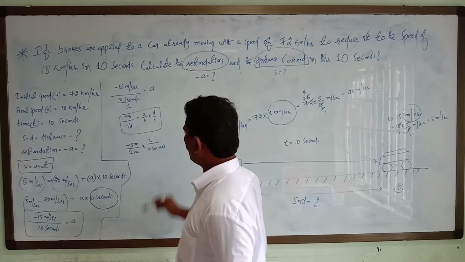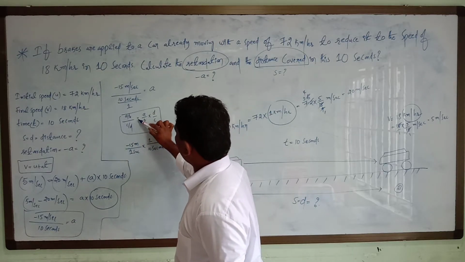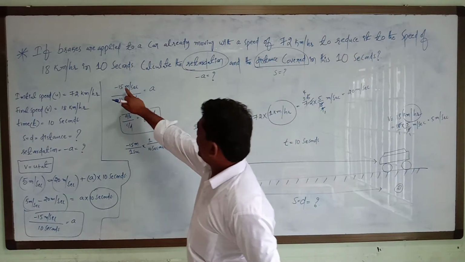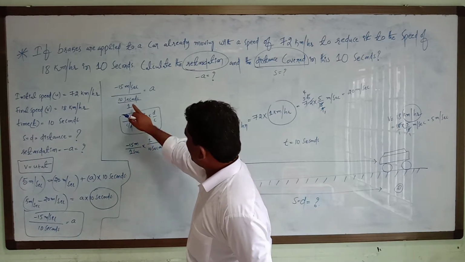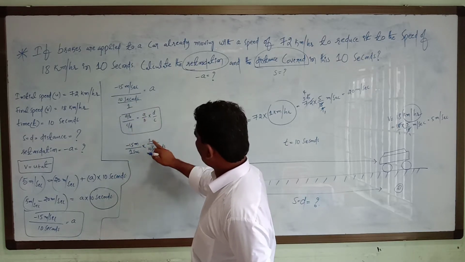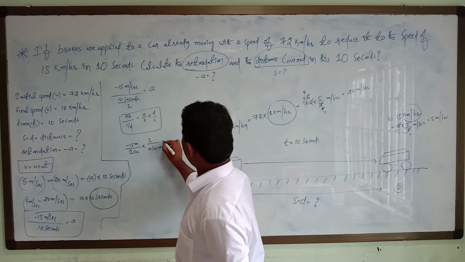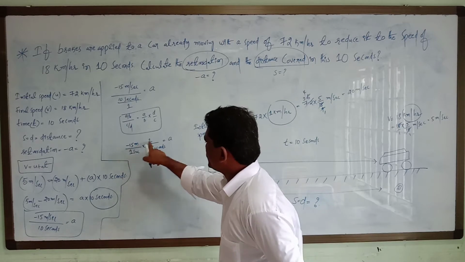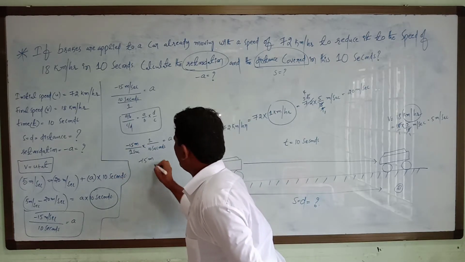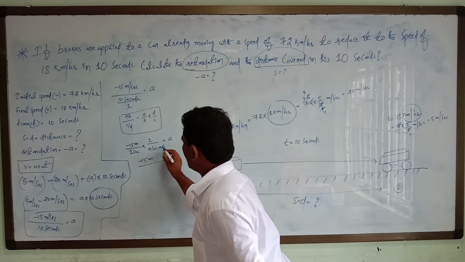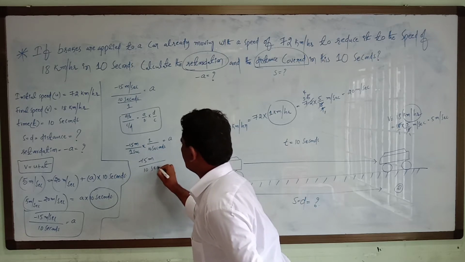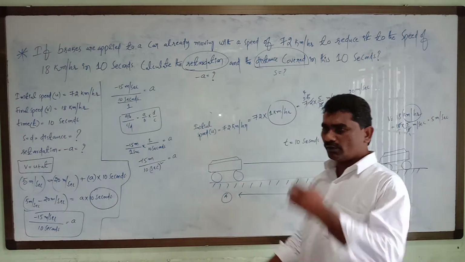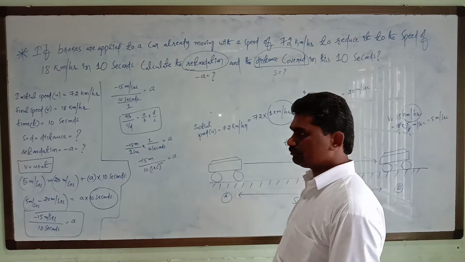C by D. So A by B whole divided by C by D will be written as A by B into D by C. So as it is, A by B into D by C. So D 1 by 10 seconds, so is equal to acceleration a. Here minus 15 meters into 1, divided by 10 seconds into 1 second, 10 seconds square.